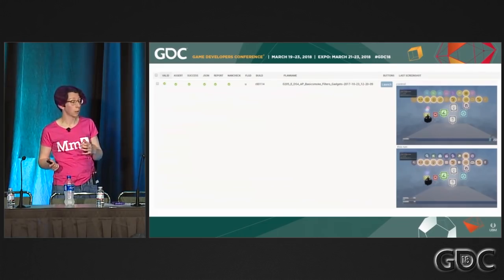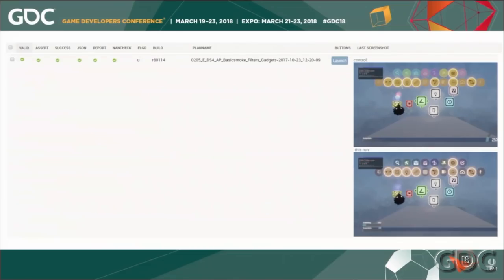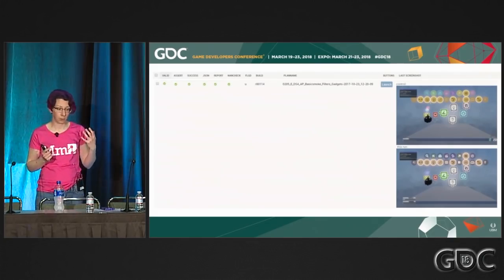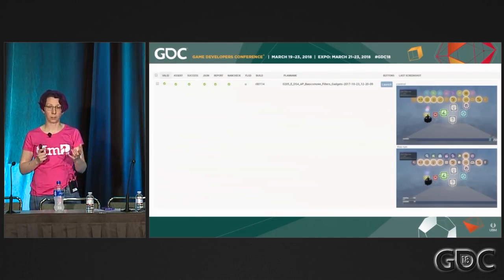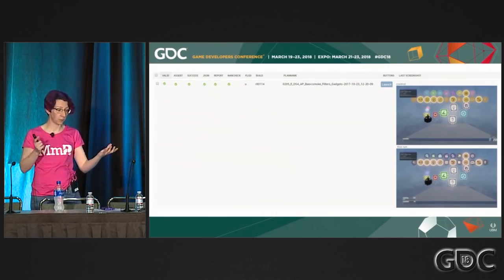So our next attempt was screenshots. You can see up on screen, you get a screenshot from the end of the control run, and then a screenshot from the end of the run that's just run. A human can very easily look at those two screenshots and see, yes, it did do the same thing.